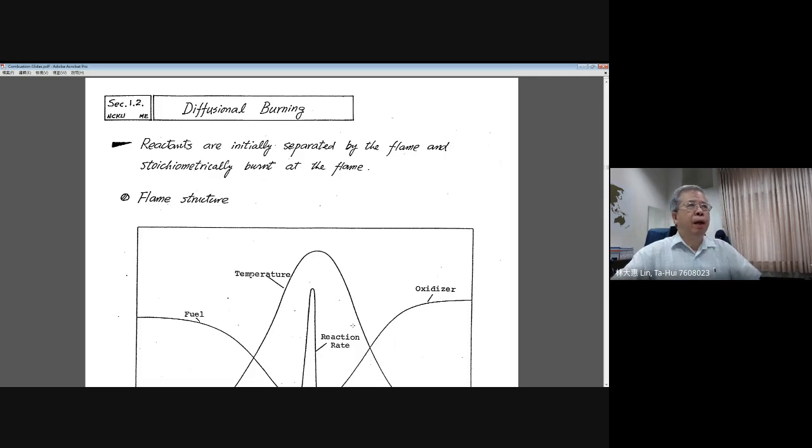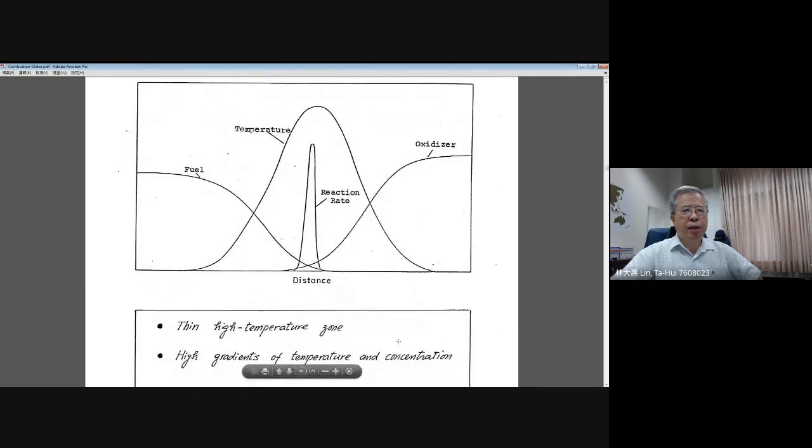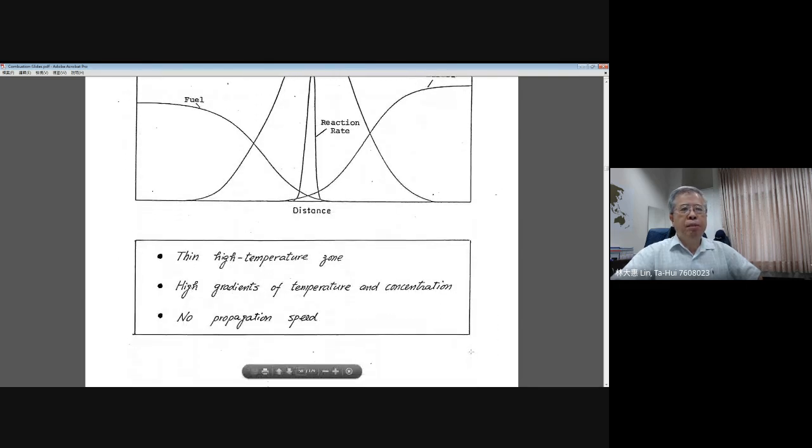diffusion flame. And after the chemical reaction, heat will release and diffuse out from the diffusion flame to both sides, one is the fuel side and the other one is the oxidizer side. The product has a similar way to diffuse out of the diffusion flame. And this flame structure was explained earlier and shown in the slides, let me see the page